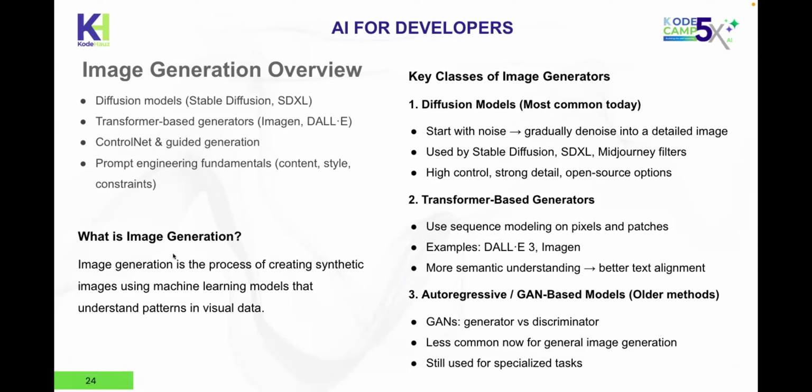Then the third kind of image generators are the GANs. So the GAN is a generative adversarial network. That name, generative adversarial, is based on the technology that is used to train it, right? So it's basically two networks. One is a generative network, the other one is an adversarial network. So the idea is that the generative network tries to generate an image, while the adversarial network tries to